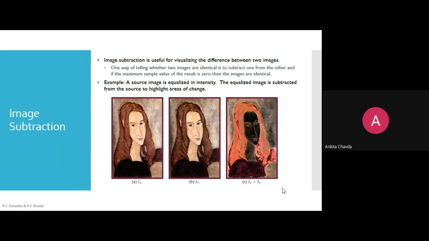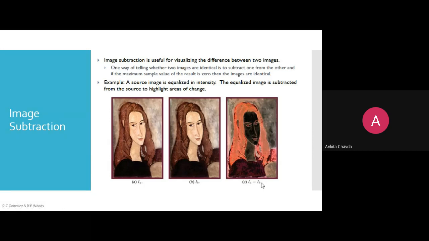That means a black image. It means both images are exactly identical. But if we get some difference, it means the first and second images are not identical, because we are getting some intensity difference, right? Here the same thing is happening. I have this IA and this IB, and when I subtract, I'm not getting black pixels. So they are not identical, and the difference is what they are showing us: IA minus IB.